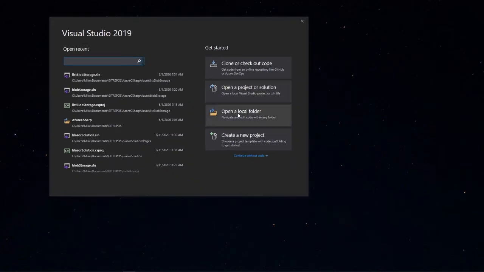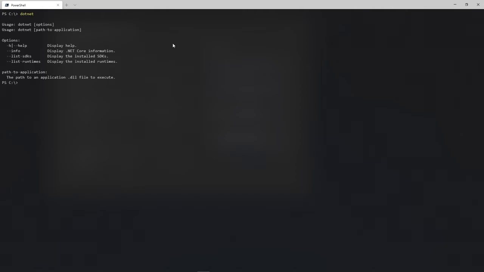You can either create a new project from here and go through and get the Blazor app, or you can do it from the terminal. So I'm just going to go ahead and open up my Windows PowerShell terminal really quick. Essentially, I'll do pretty much everything in the terminal except when we actually open the code. So I'm just going to cd out of this directory here, and I'm going to type in dotnet. If you don't have .NET installed on the command line, make sure that you install that prior to moving forward, because we're going to be working primarily with the command line for creating and modifying the